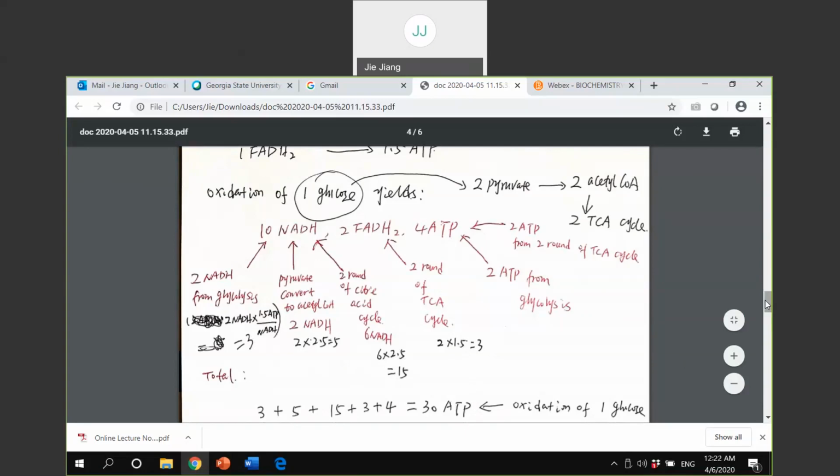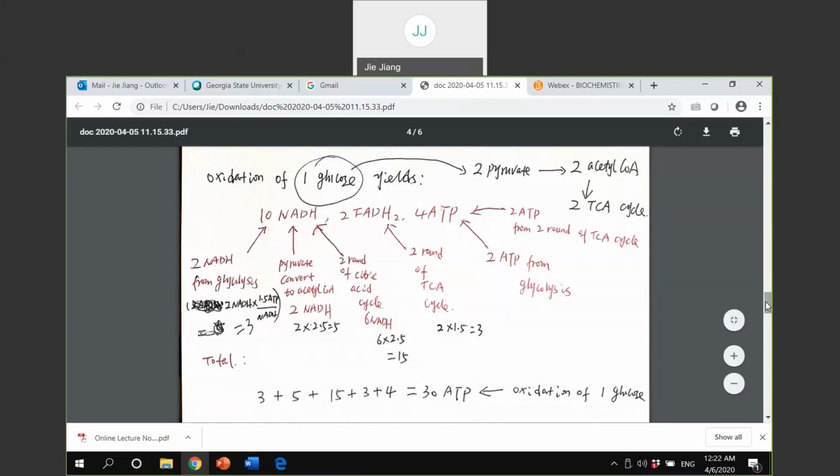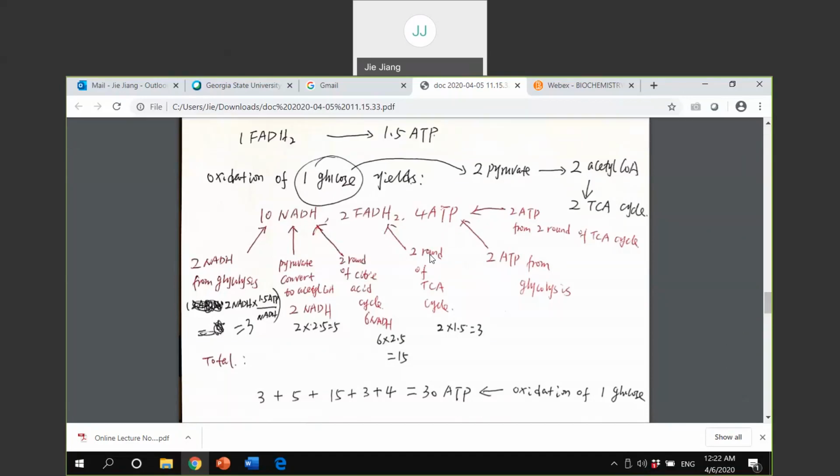So that means from the oxidation of one glucose, you can get a maximum of 30 ATPs. So I can change this question a little bit. For example, I don't ask you how many ATP will be generated from one glucose. If I ask you how many ATP will be generated from one pyruvate, then you don't need to worry about this. And you do need to consider this